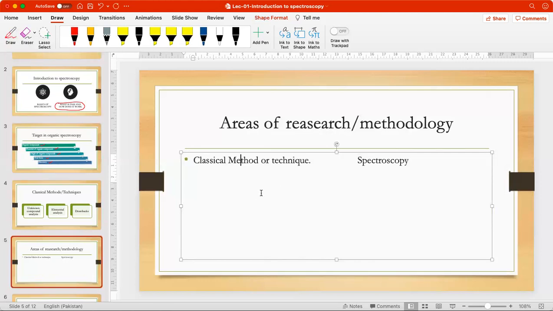क्या होता था पास्ट में? अननोन कंपाउंड एनालिसिस जब होता था, सो इसमें क्या होता था कि एलिमेंटल एनालिसिस किया जाता था, because that was the crucial step, time consuming step but crucial step. What is elemental analysis? एक ऐसा process where a sample of some material, whatever the material, soil, water, waste, body fluids, minerals, chemical compounds, इन्हें analyze किया जाता था इनकी elemental analysis देखने के लिए, ठीक है?